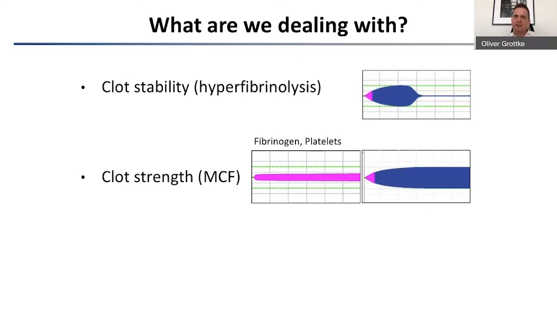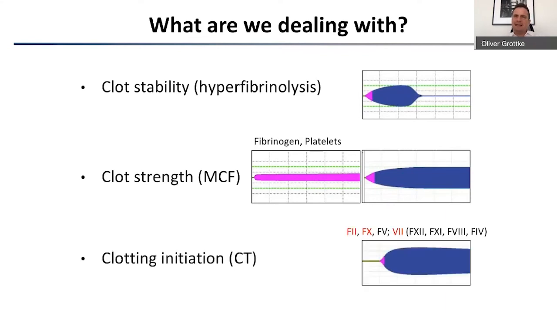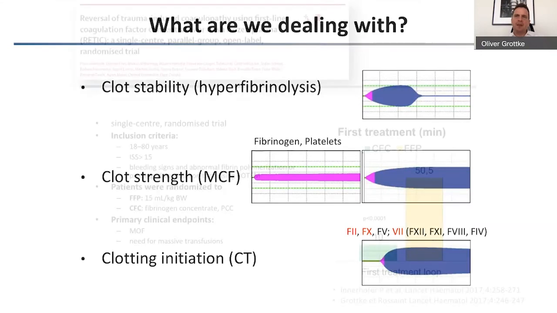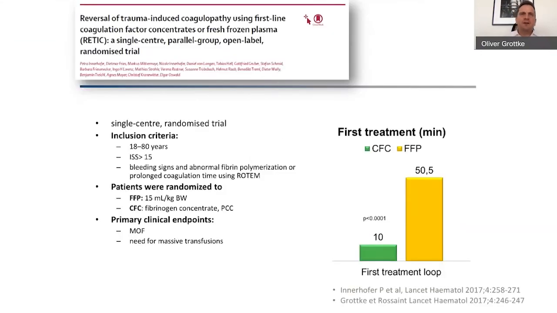And third, if we have bleeding despite having clot stability, despite having clot strength, then of course we also have to think about the depletion of coagulation factors, including factors 2, 10, and 7, which also lead to an impairment of thrombin generation. And a very nice study here from Austria, from Petra Innerhofer, actually investigated in the so-called RETIC trial the use of coagulation factors, ROTEM-guided,